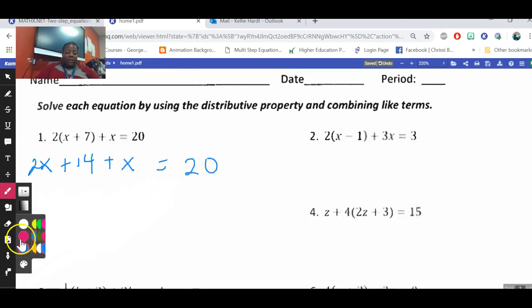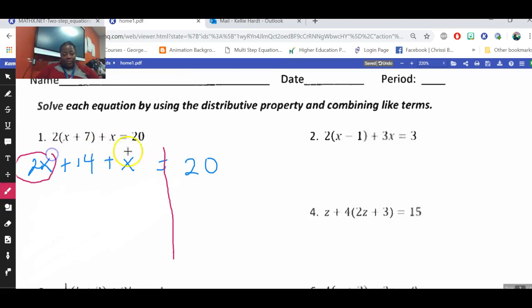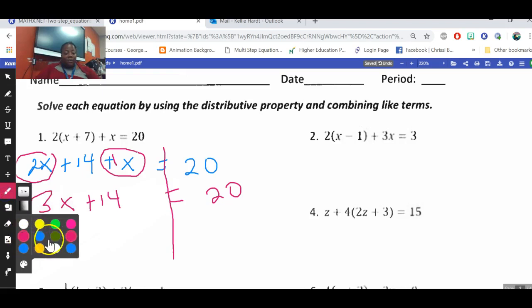There we go. And now, what I'll do from here, we're on the street, but I can see that I need to combine like terms, right? So I'm going to go ahead and combine like terms. The like terms I have are this 2x and an x. Remember, combine means to add. So I have a positive 2 and a positive 1. Don't forget, an invisible 1 right here. That's going to give me 3x. And then I'm going to add 14 plus the 14, which equals 28. Okay, so now I'm going to